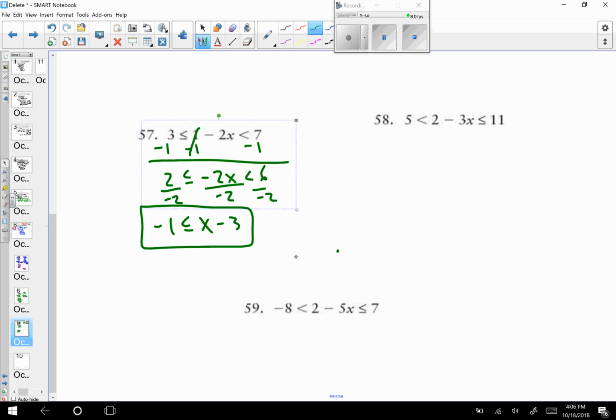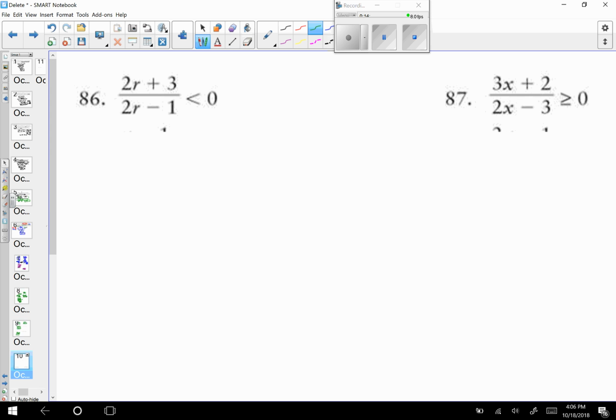You can, if you wanted to, check it with the number line. This is the same thing. Okay, these problems, okay? So over here, what you want to do is